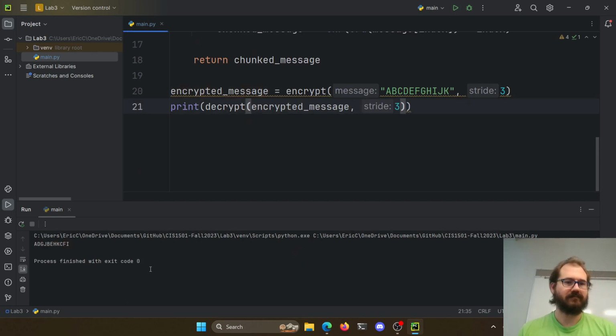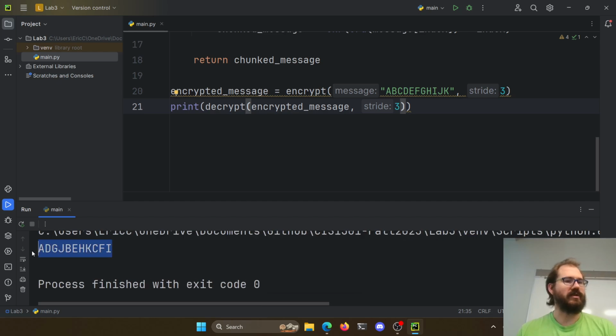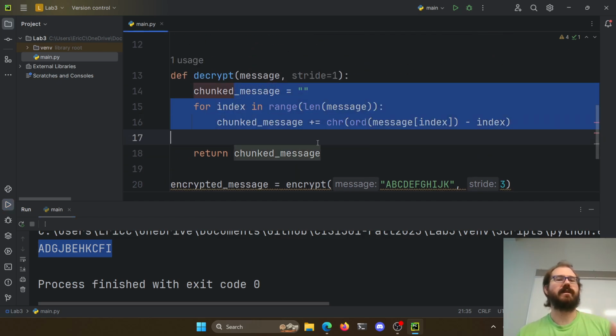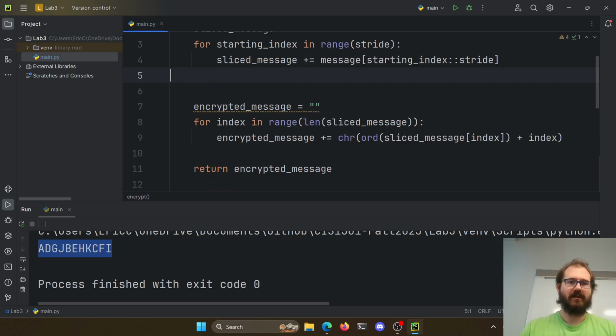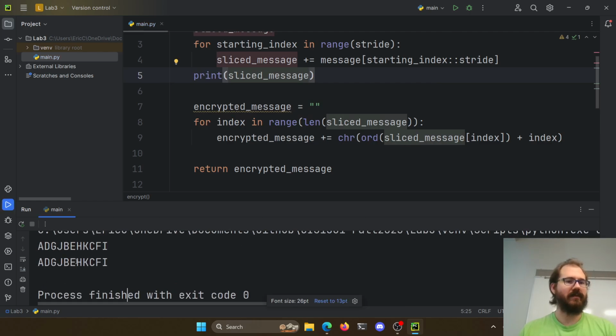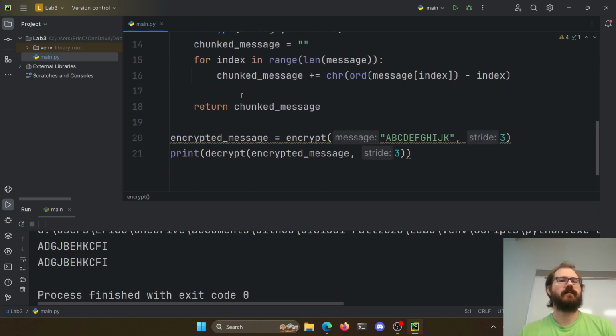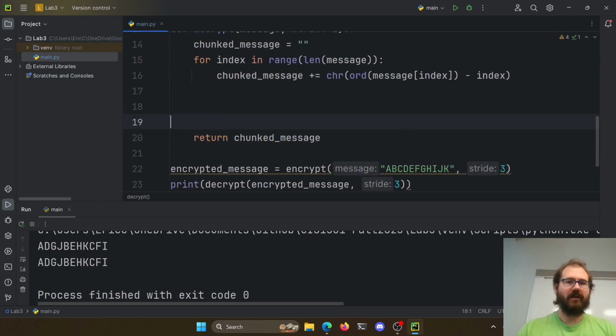All right. So we get back the chunked version, right? This is where we got before we did the shifting, is what we had up here, right? So if we print out the sliced message again here, those ones should match, right? So I get the sliced version. So I've undone the shifting part here. Now, before we can return it, we'll have the original